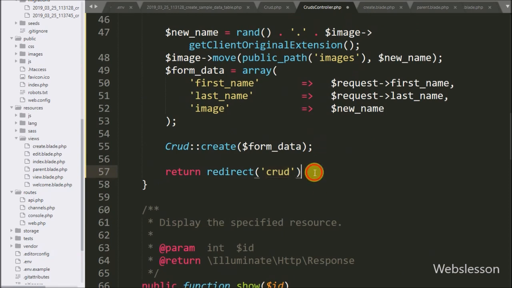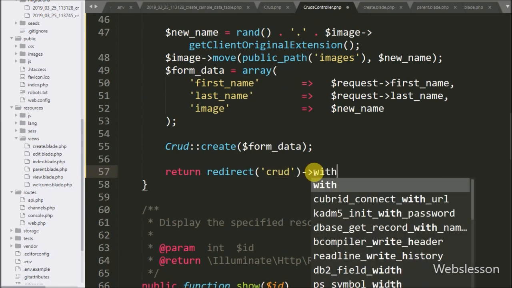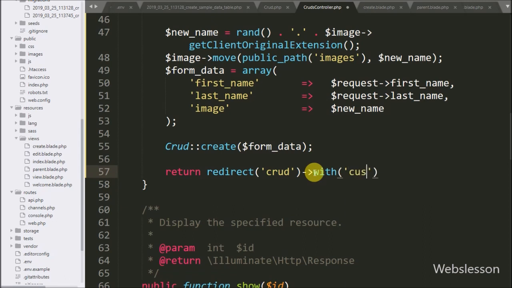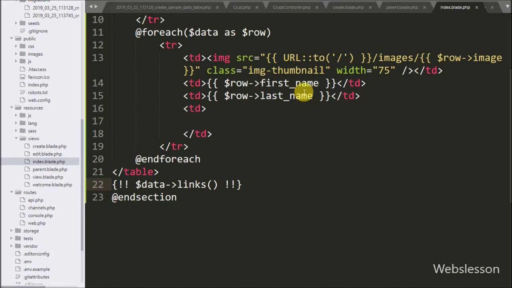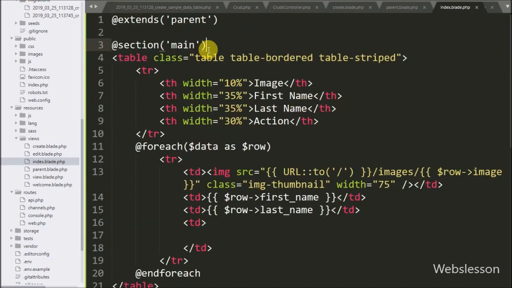Here we have added the with method, with two arguments: success, and "Data added successfully". Here we store the success message under the success variable. To display the success message, we go to